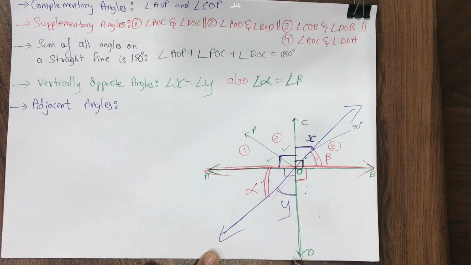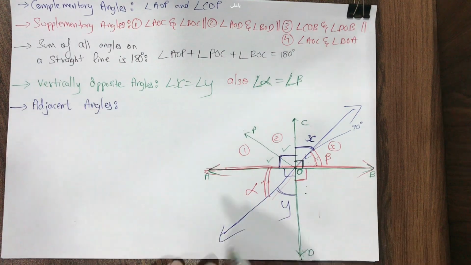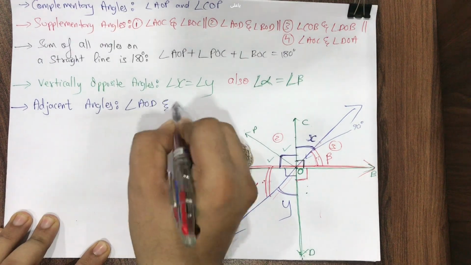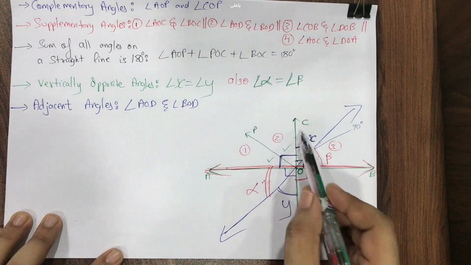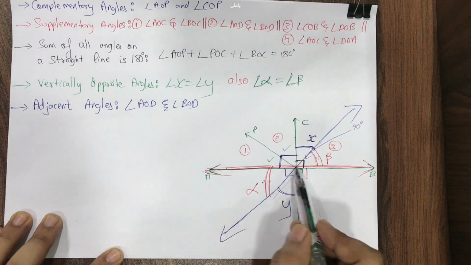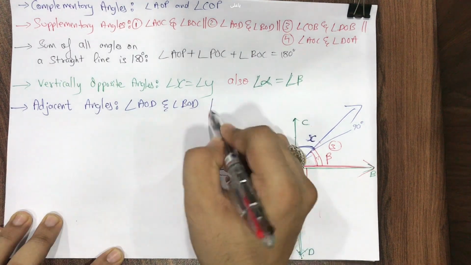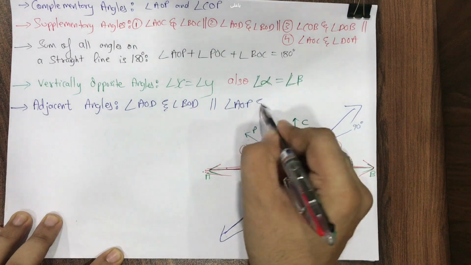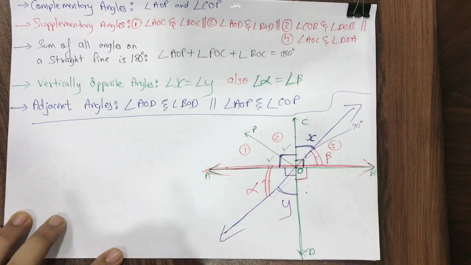ये OD common है. Okay, and they both should have common point. AOD, BOD. Angle AOD and angle BOD. There are many. Okay, see here. Now COP and AOP. O is common. और ये OP वाला जो है, OP लाइन ये common है दोनों में. See here, AOP, COP. Angle AOP and angle COP. Okay, so like this we are having.